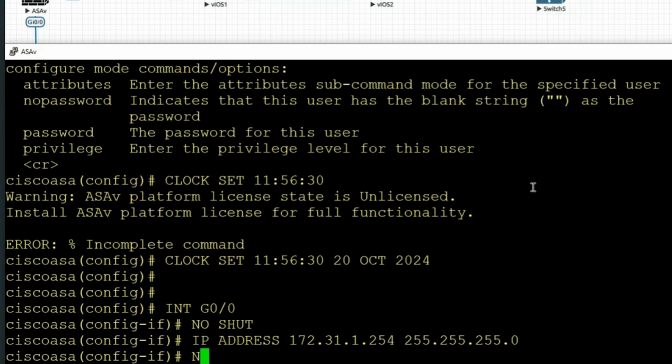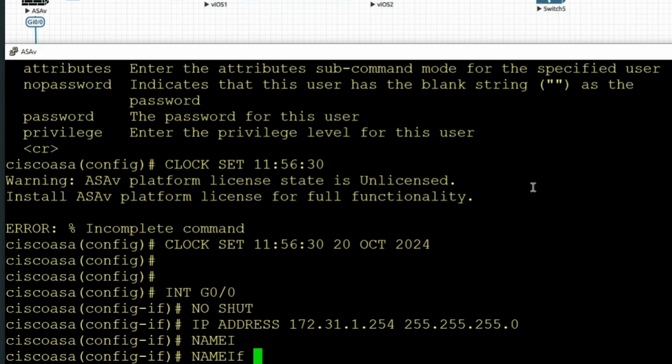So we're going to say nameif, and listen, when I started doing all this, I was like, what? Nameif? What does that mean? It is what it is. It's called nameif. I haven't gone into the reasons of why that is. That's just the way it is. So the nameif is going to be private. And this is case sensitive, just so you know.